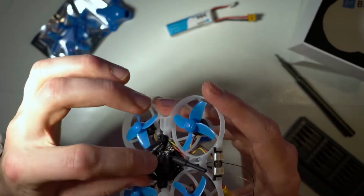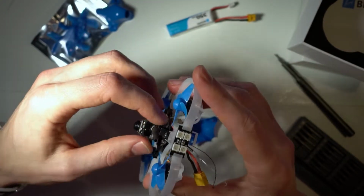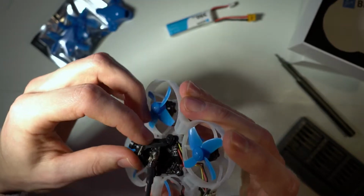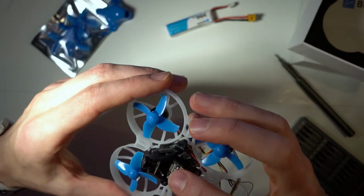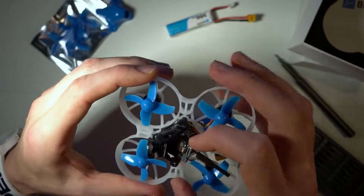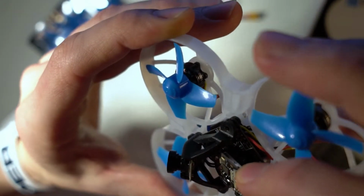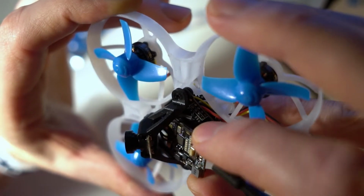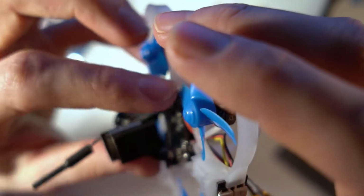So this is the VTX, and it's connected through the pins here. I've got to say, it's a very well assembled quad. The quality of the boards and stuff is very well made. You buy VTXs and stuff from Banggood and the parts are all crooked and everywhere. This one's actually really well made. I like it. Okay, let's take a look at what's